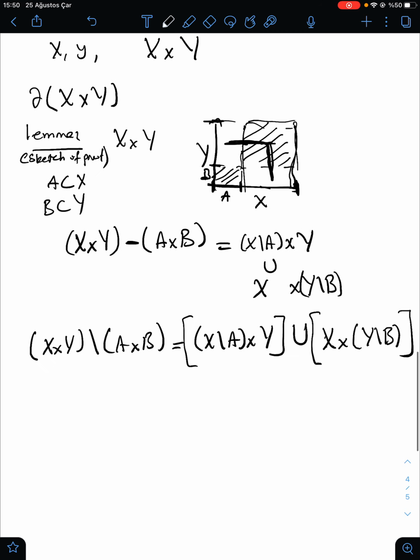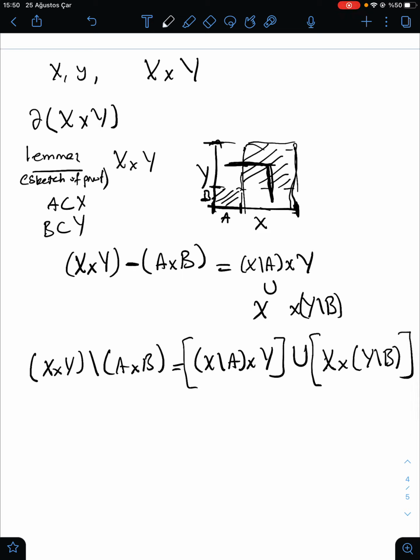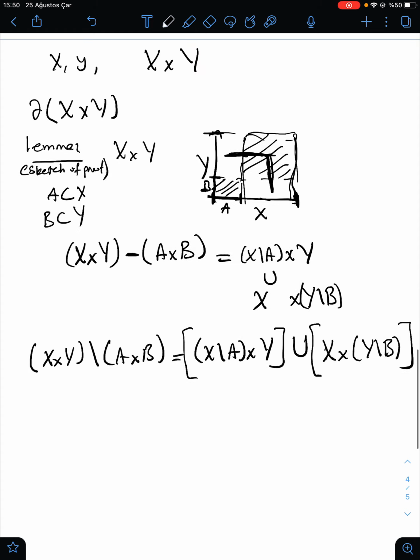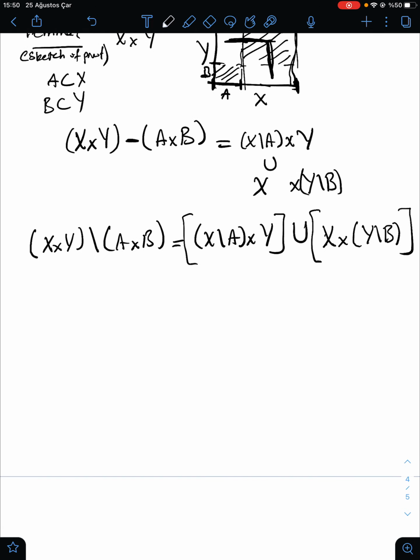It is not a full proof, but a sketch of a proof, because we made an assumption that A is that part. It doesn't make any difference if you assume A has other parts. As I said, we need this lemma to prove our main idea. So our main theorem, not theorem but claim: the boundary of X Cartesian product with Y is